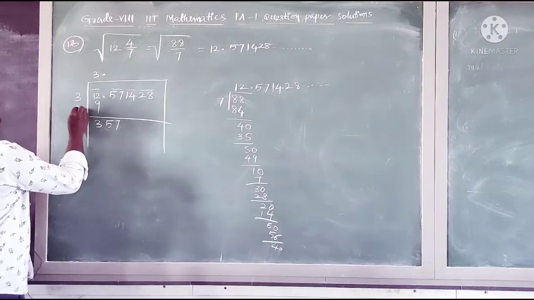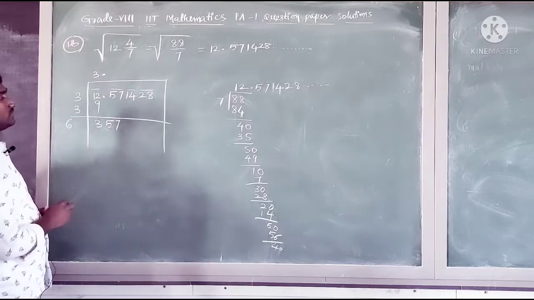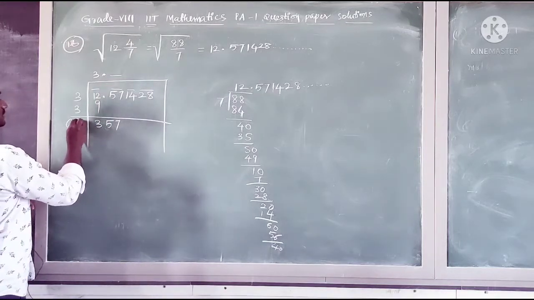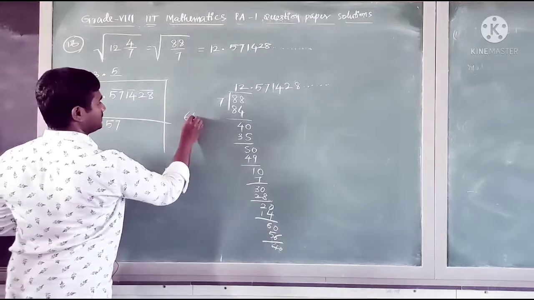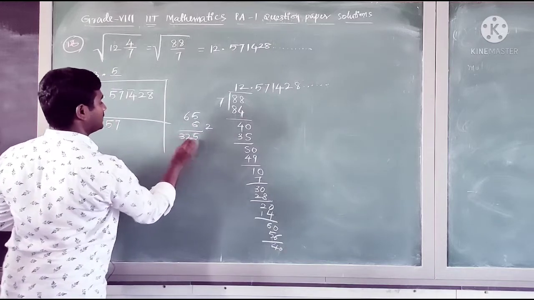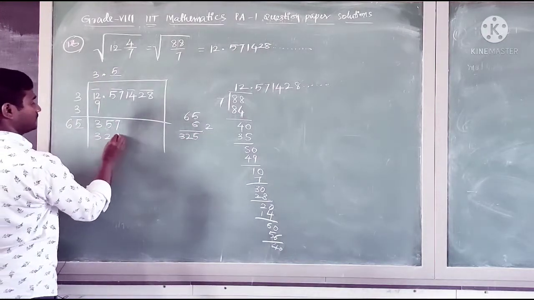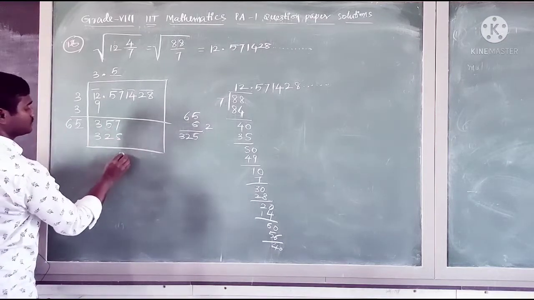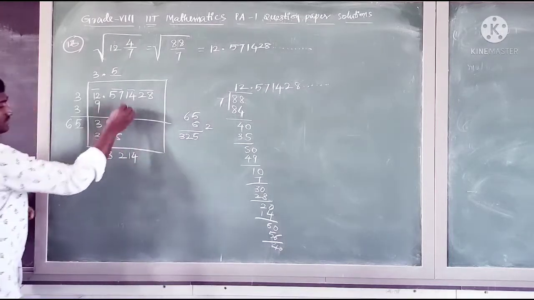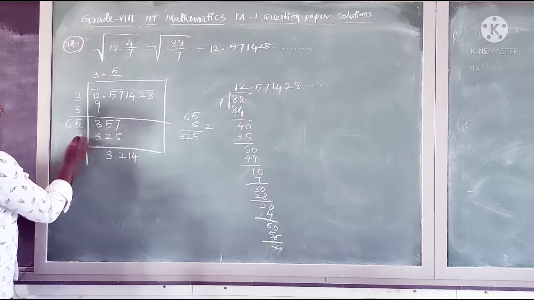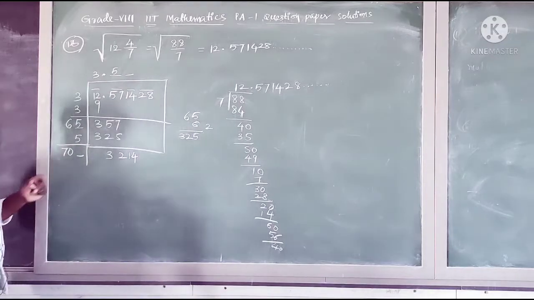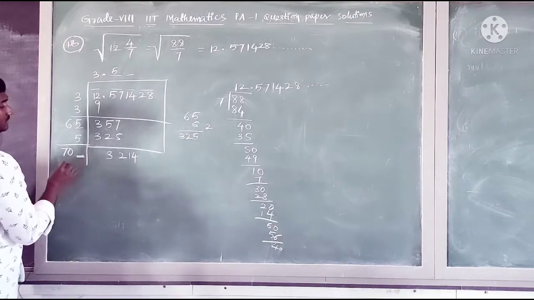Now this 3 plus 3, we need to add, it becomes 6. Here 1 digit will come, here 1 digit. So 65 5s are: 5 5s are 25, 5 6s are 30, 32. So 325. So subtract. 7 minus 5, 2. 5 minus 2, 3. Next, draw down the next bar numbers, 1 4. Add 5 here. 5 plus 5, 70. Here 1 digit will come, here 1 digit will come. So you can take 4 into 4.